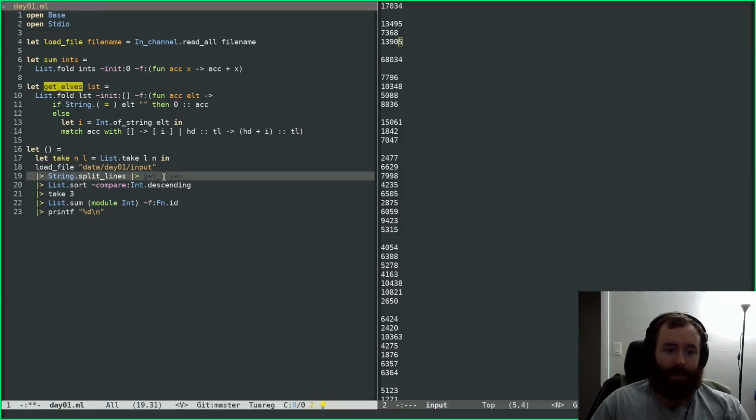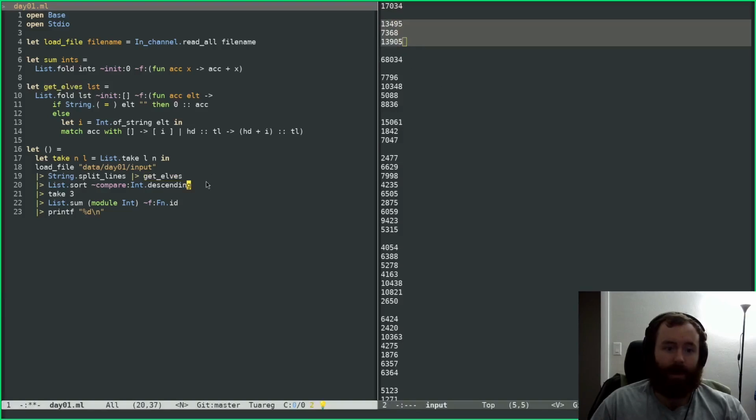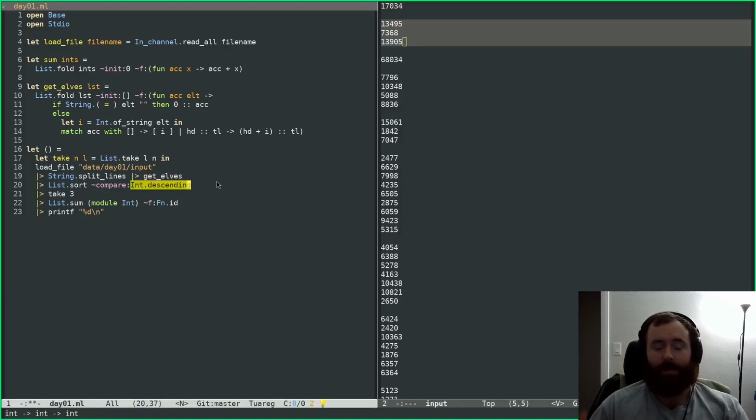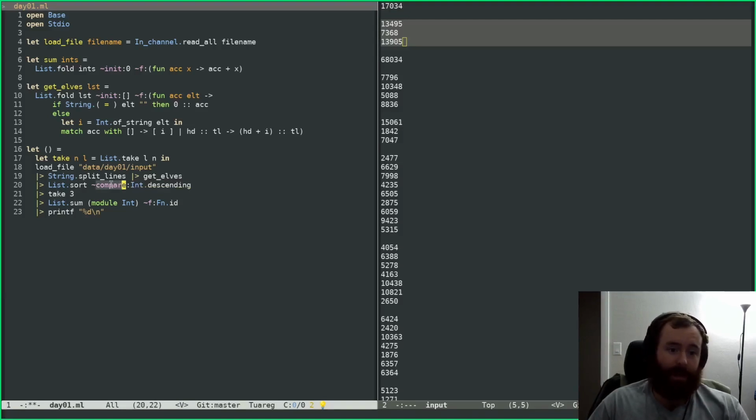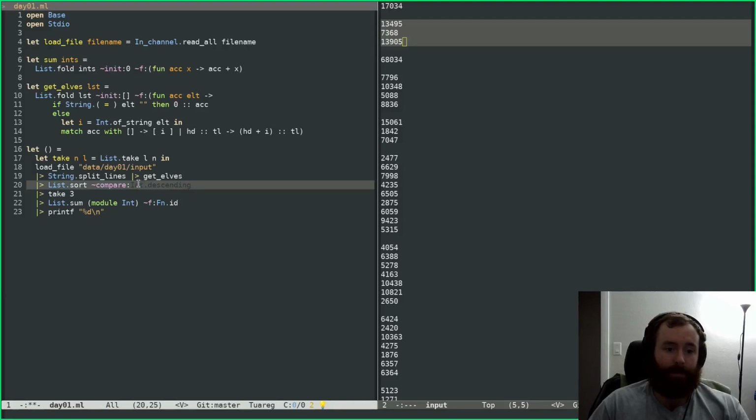So that brings us back to this section of the code. After we do that, we get one entry in our list for each of these clusters, and the way I pull out the value I want, so again, in the first case we want the maximum value, and in the second case we want the top 3, what I do is just sort that list, and when we sort it, we have to pass it a comparator,